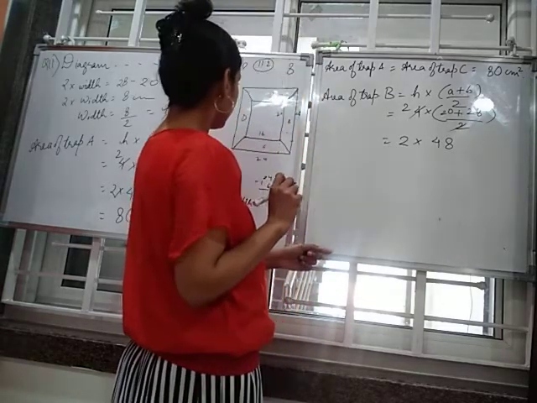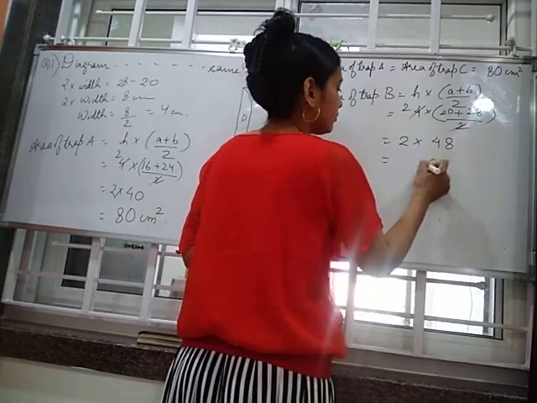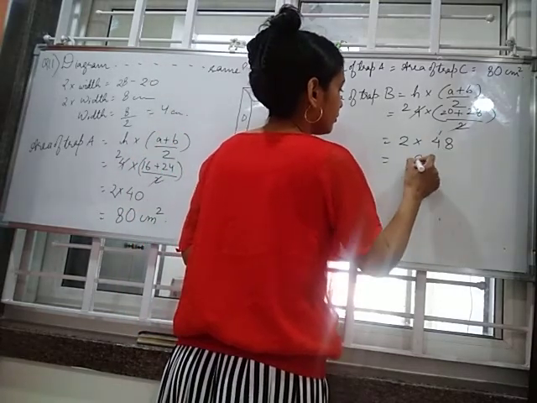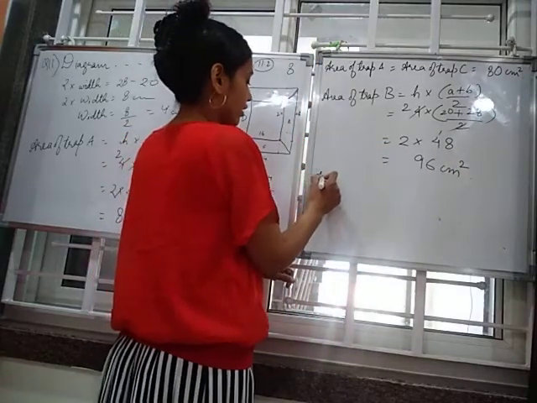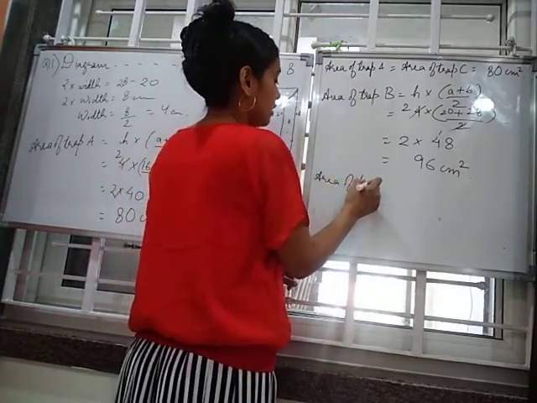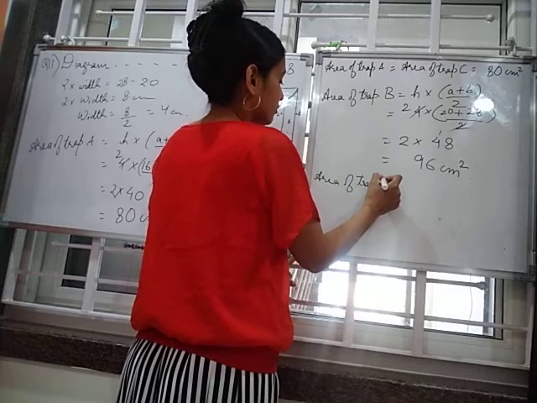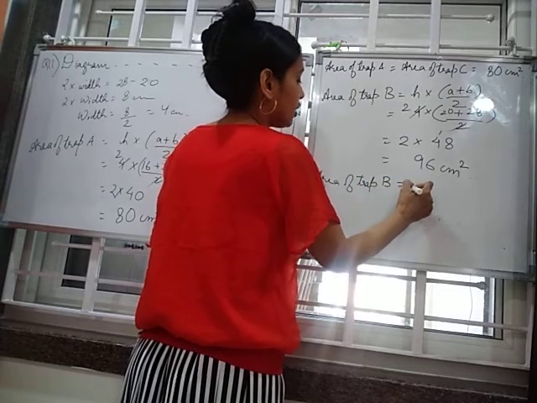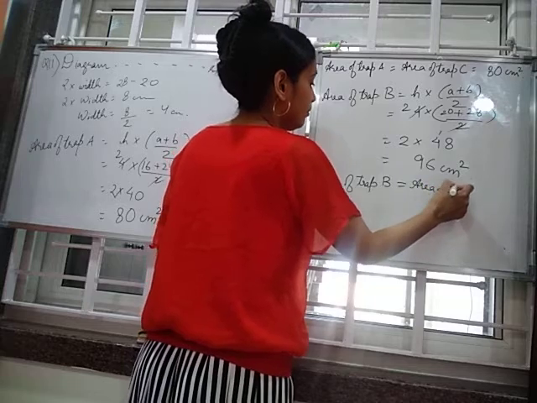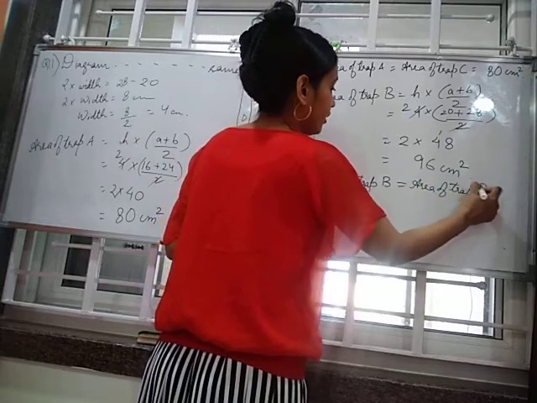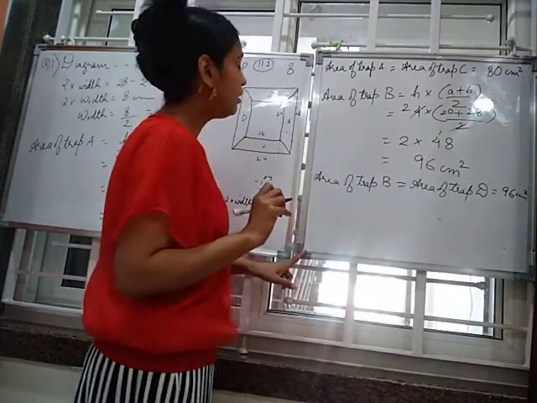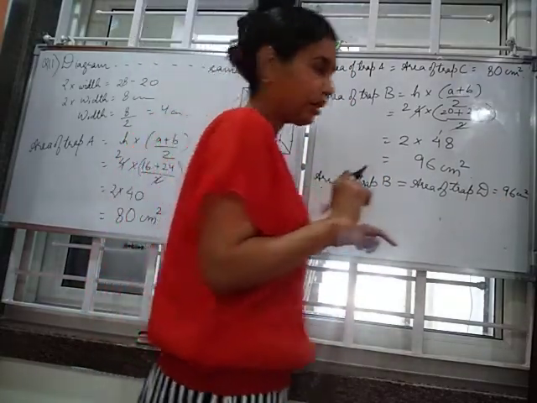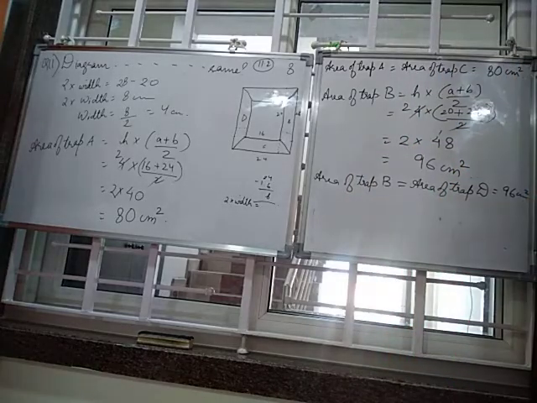Correct, no? Am I going correct? Yes. 96 centimeter square. So area of trapezium B is equal to area of trapezium D, which is equal to 96 centimeter square. Okay, so this completes the last question of exercise